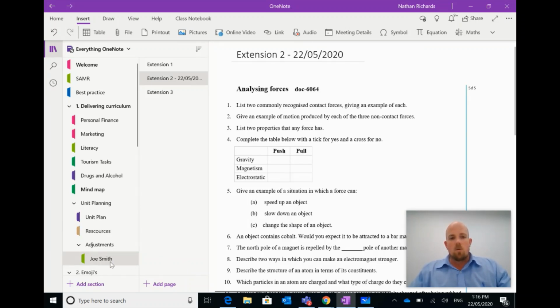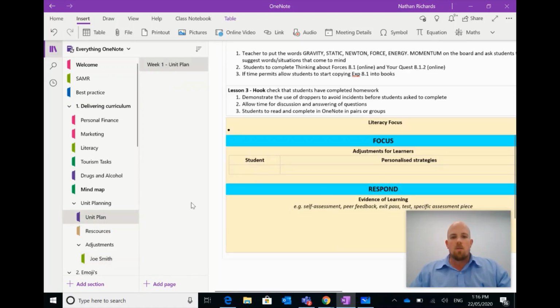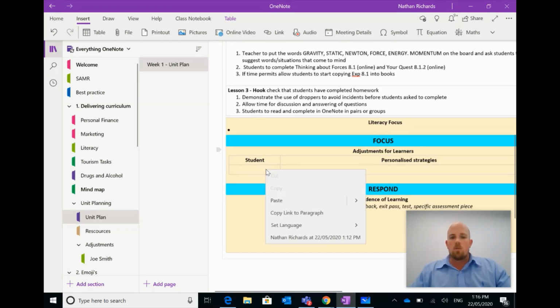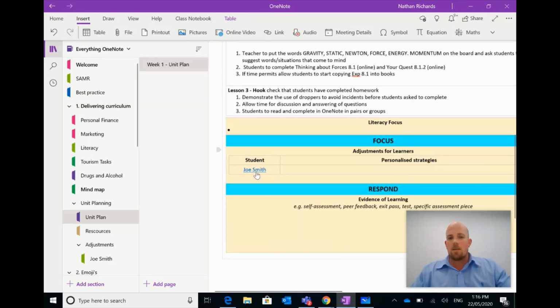From there, we want to be smart and clever and link that back to our unit plan. So what I want to do is see where it says Joe Smith here, down the bottom left. I'm going to click on Joe Smith, go copy link to section, so I click that one. And then I go back to my unit plan, and here, where I have adjustments for learners, where it says student, I'm going to paste